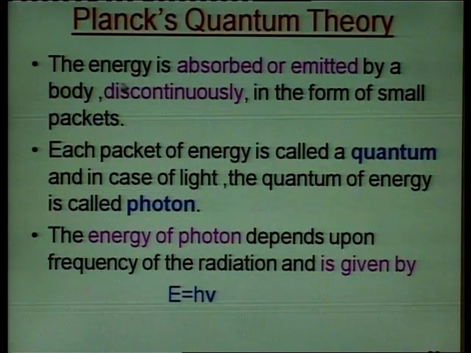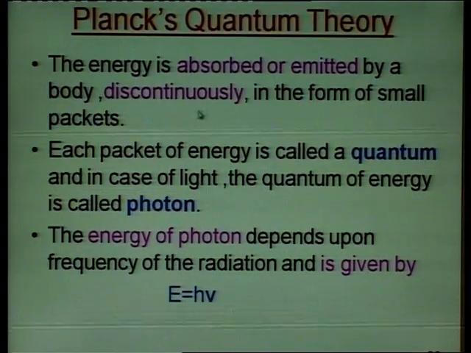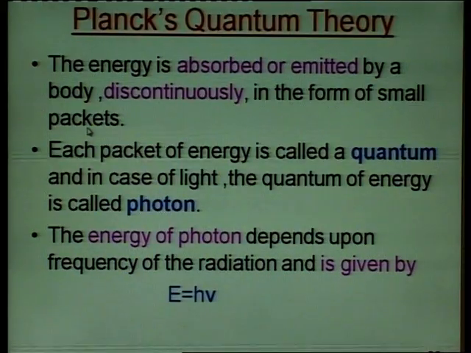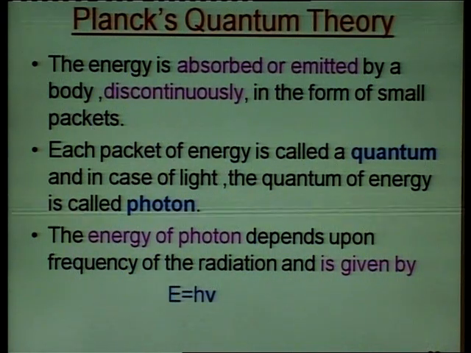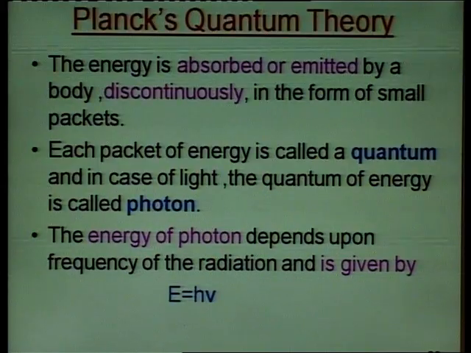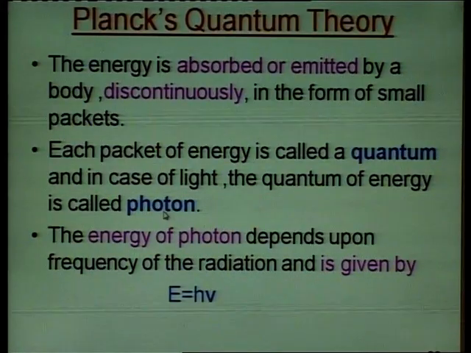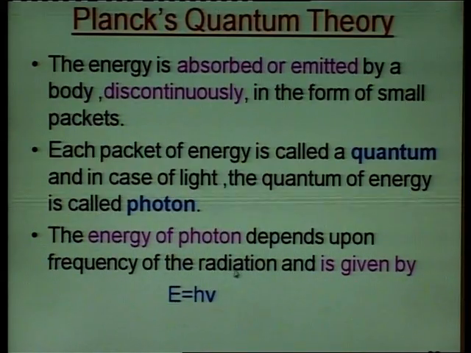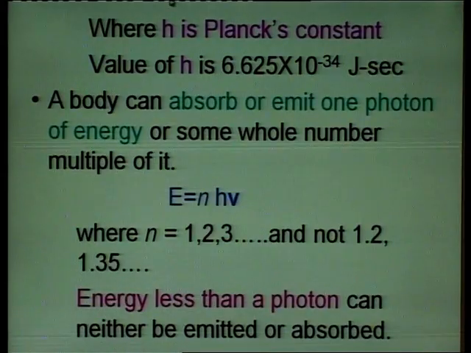The energy is absorbed or emitted by a body discontinuously in the form of packets. Planck said that electrons or any body emits or absorbs energy in the form of packets of energy, and these packets of energy are called as photon, and the energy of photon depends upon the frequency of the radiation and is given by h nu. This is the Planck's quantum theory. Here h is the Planck's constant, and it has a value of 6.6 into 10 raised to power minus 34